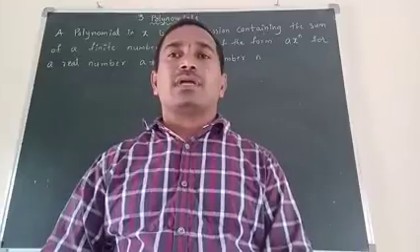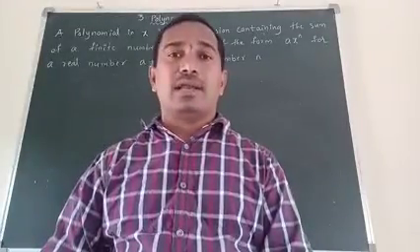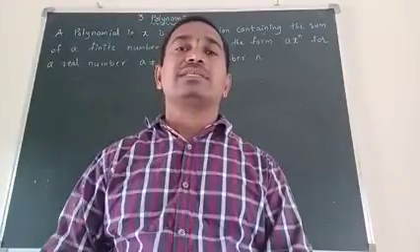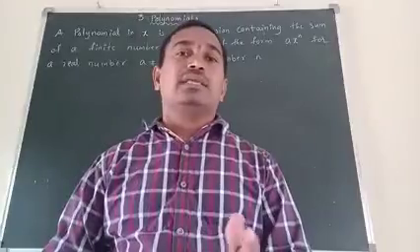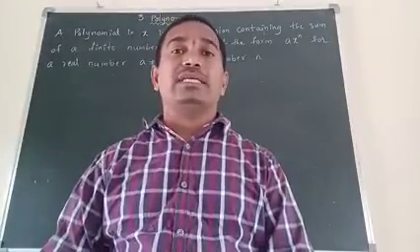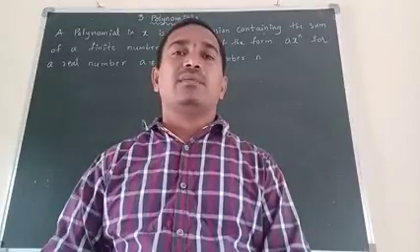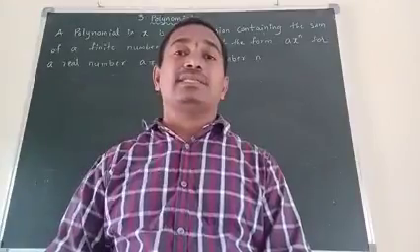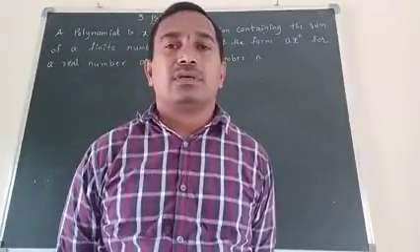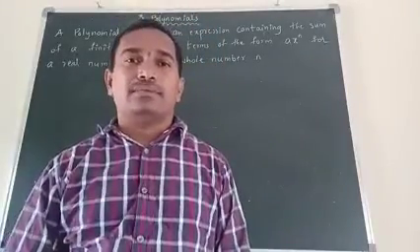So a term means a real number, or the product of a real number and a variable. For example, x is a variable, 5x is a term, 3/2 x is a term, minus 7x is a term. If y is a variable, 3y is a term. If z is a variable, minus 7z, minus 8z, 10z, 20/7 z, those are terms. So let us enter into what a polynomial is.